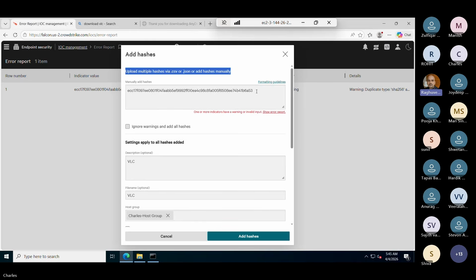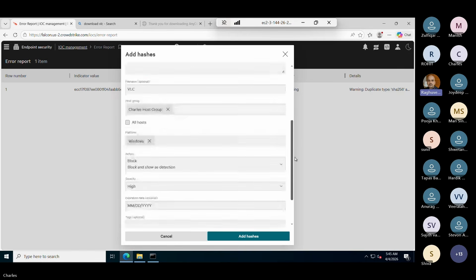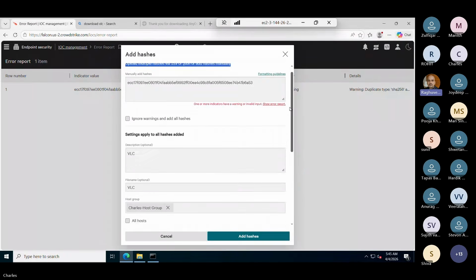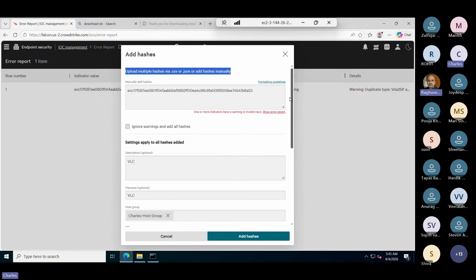CrowdStrike would rather recommend you to add your host group to that configuration only. Because in the production environment, you don't have multiple people doing the same thing. It is only one configuration. So what it tries to say is that this value already exists somewhere, right? Now close that, cancel this operation